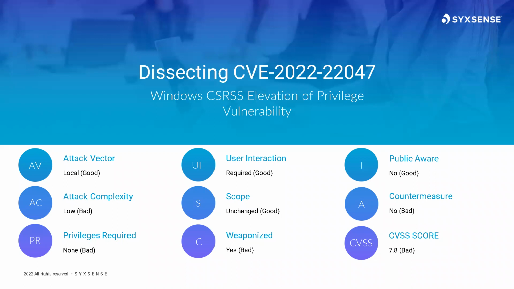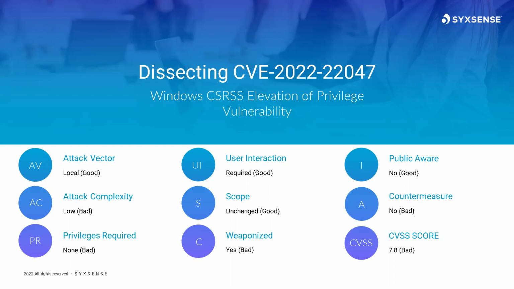Now, this was identified by the Microsoft Threat Intelligence team, and they've also said that this is being actively exploited in the wild. Now, although it doesn't have the highest CVSS score, it's only 7.8 out of 10, because it is being weaponized, this has actually jumped up to our number 1 priority for the 5. If we take a look at the risk,